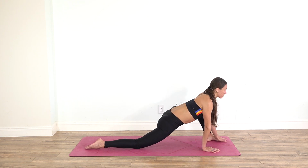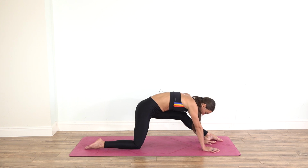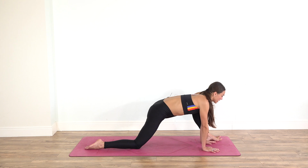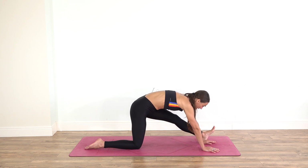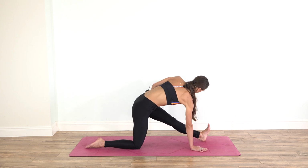Inhale, bend the knee, lift through the heart. Exhale, extend. Inhale, bend. Exhale, extend. And slowly lifting your toes, keeping your right palm on the mat, circle the left arm back and